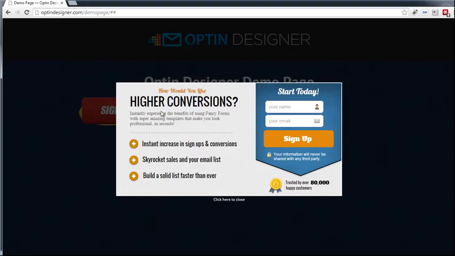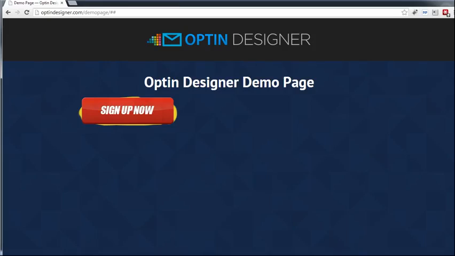If you have a compelling enough offer and you're using one of our slick templates, it's very, very highly likely that they will opt in, and all the recent research from the various email marketing gurus out there would tell you that as well. Now the last function we have is the exit pop-up,